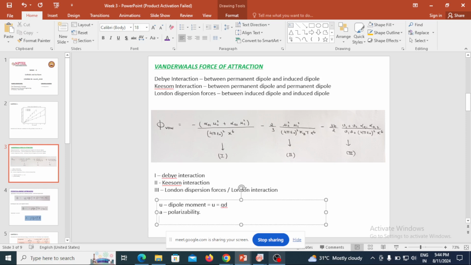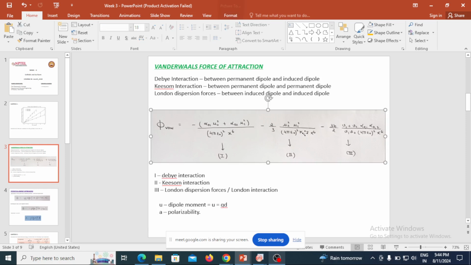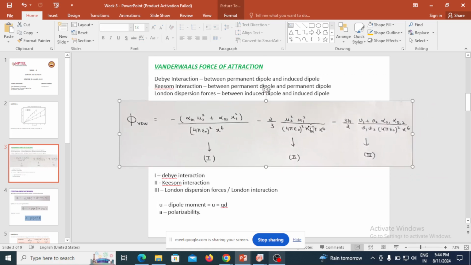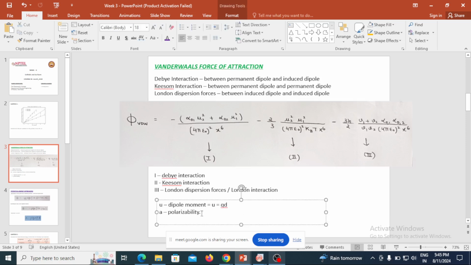And then you have Kb. Wait, let me just expand this. Kb, again, is the Boltzmann's constant. We have been discussing this for the last 2 sessions also. Please remember the value of Kb, 1.38 into 10 to the power minus 23 joule per Kelvin. And then you have nu. Nu represents the frequency of the vibrations,